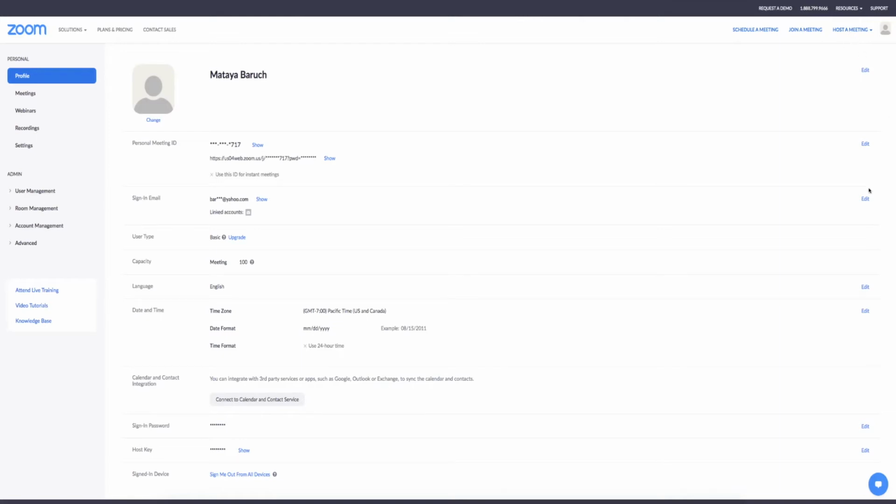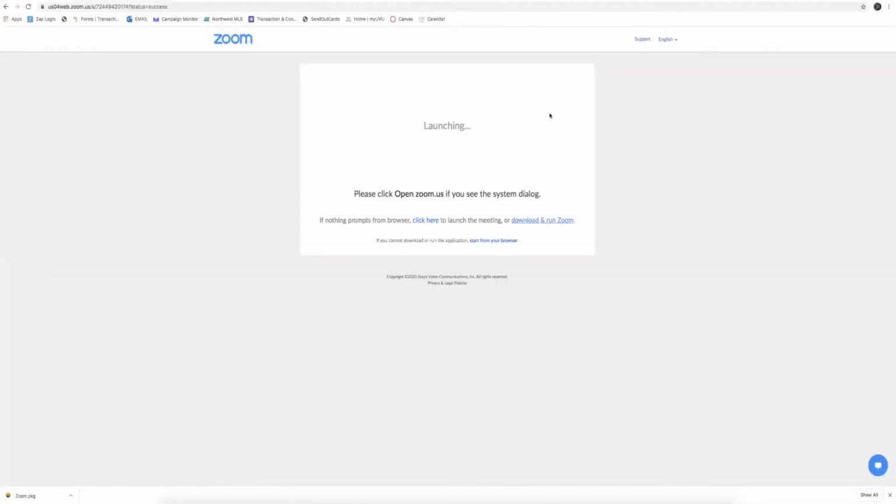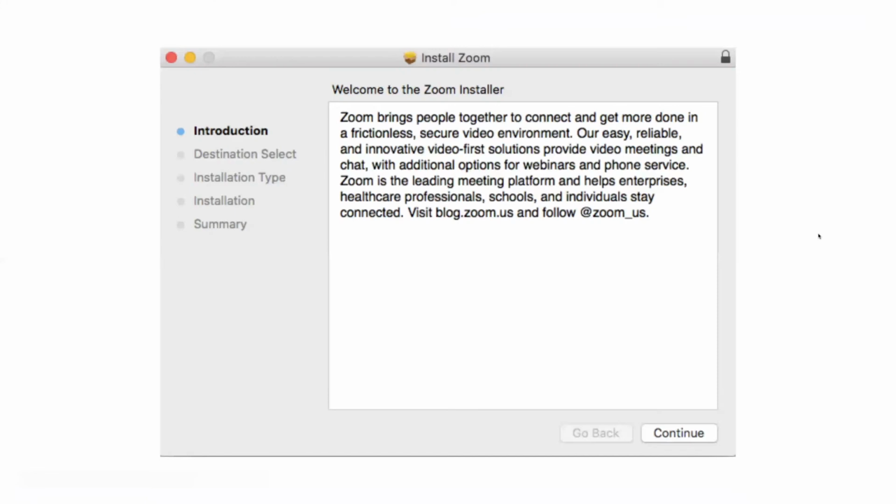And then once you click that, it will take you to another browser that will look something like this, and you'll go ahead and download the Zoom onto your computer. And once you do that, it should automatically download into this Zoom down here. And once that's finished downloading, go ahead and double click on that. And it'll take you through the steps on installing that onto your computer. It might look a little different than this because I am on a Mac. So go ahead and hit continue,